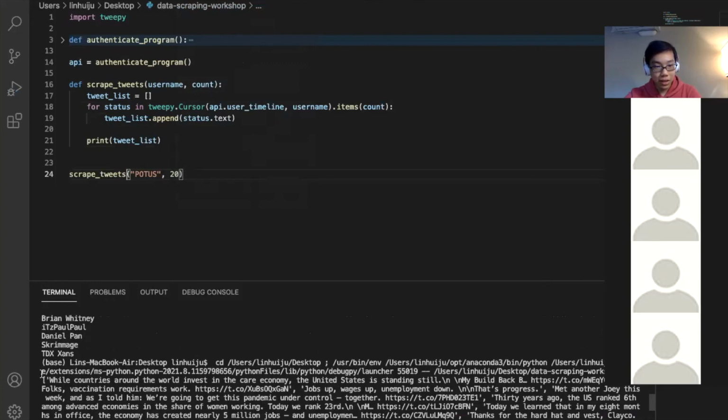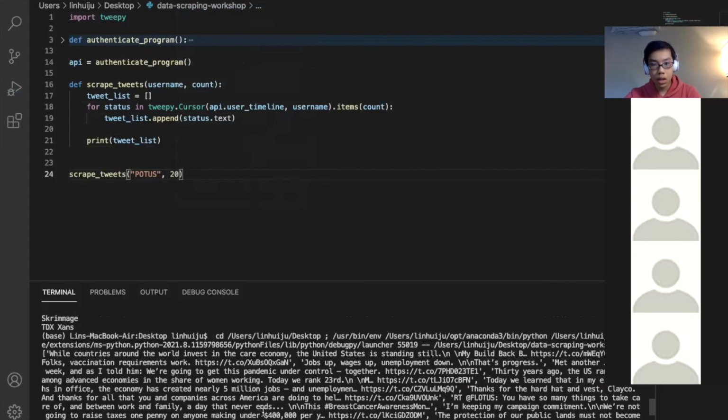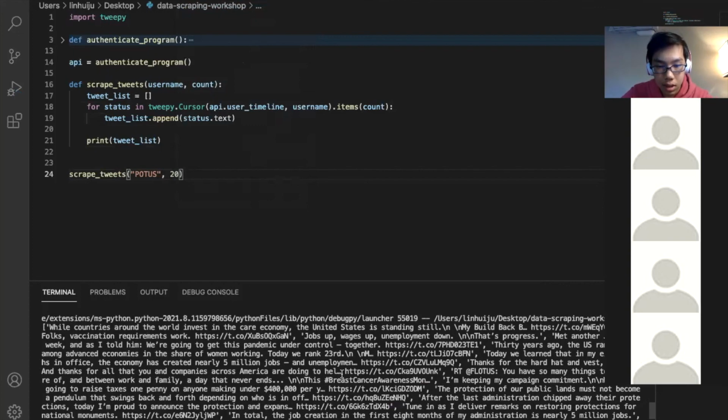As you can see, these are all the different tweets that President Biden has texted. But if you look closely, you can see that some of the texts or some of the tweets are actually cut off. So here